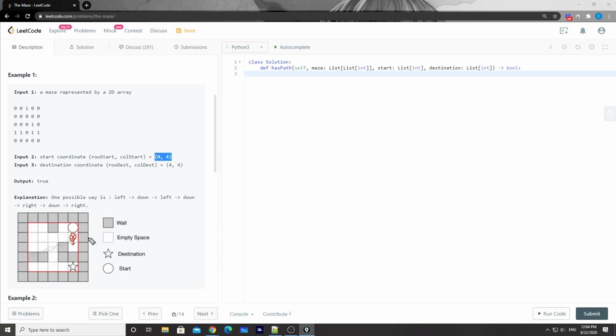Basically, if in the same direction the next cell is not a wall, we have to go that way, right? We have to keep going until we reach a dead end. So we can do that, but it's a bit more complicated.